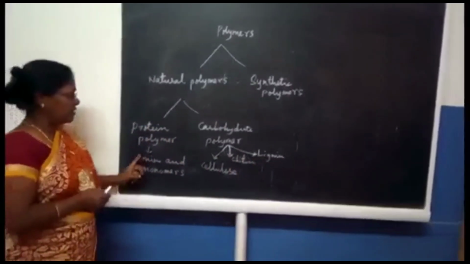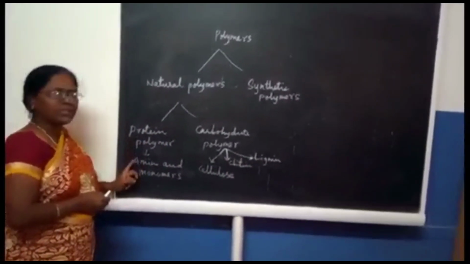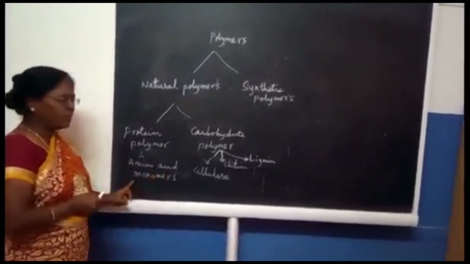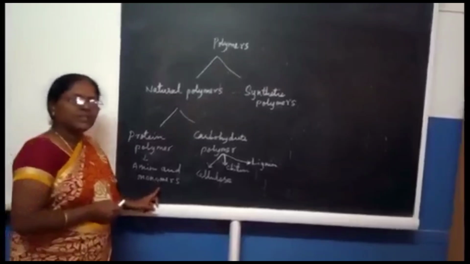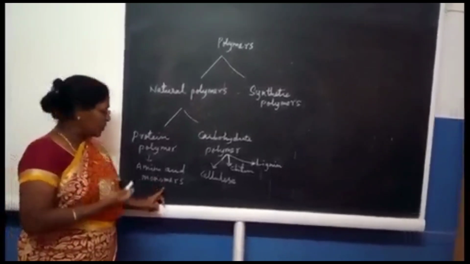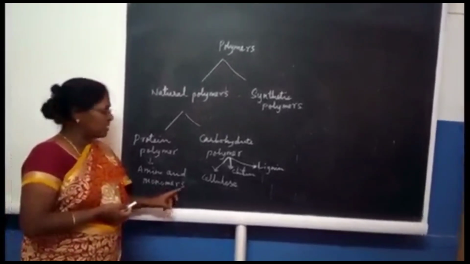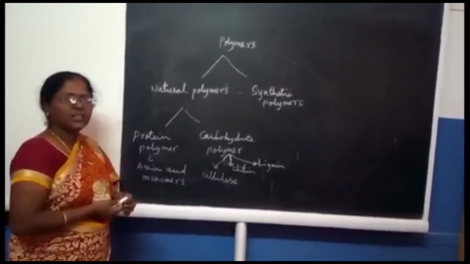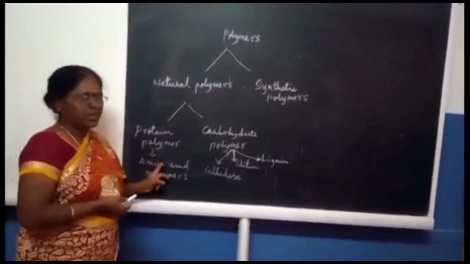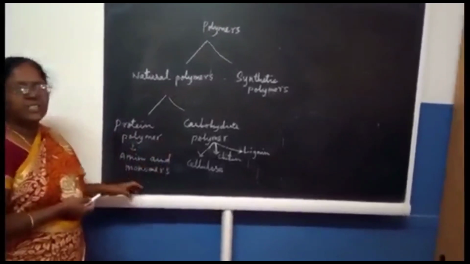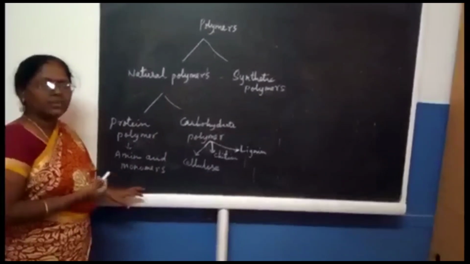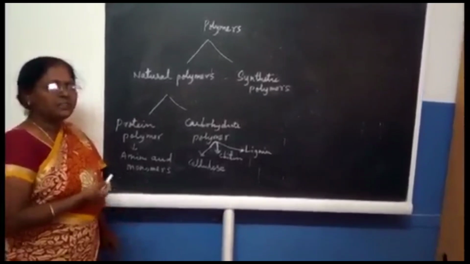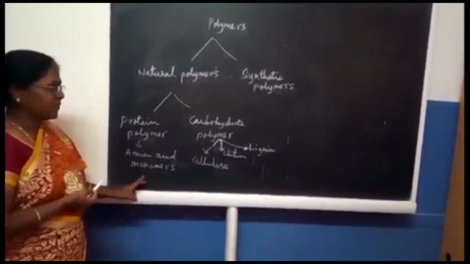Shall we revise? So here protein polymers. Protein polymers are made up of amino acid monomers. Here 20 different amino acid monomers are taking part, and different kinds of amino acid monomers are creating different protein polymers. Next one, here you can see the example. Examples are DNA, enzyme, silk, skin, hair, fingernails, feathers and fur.